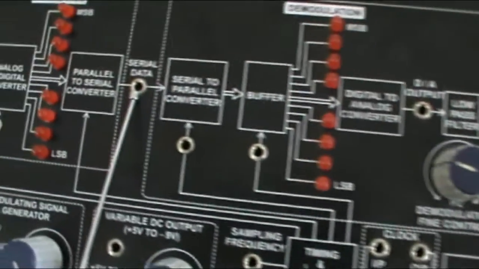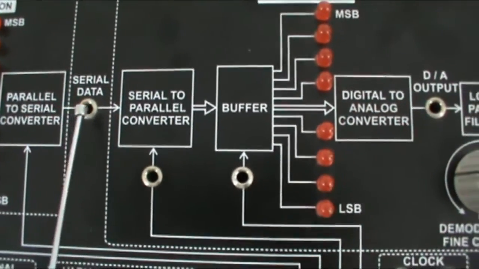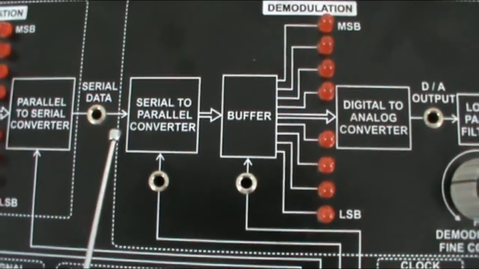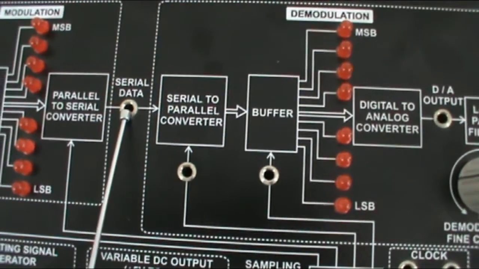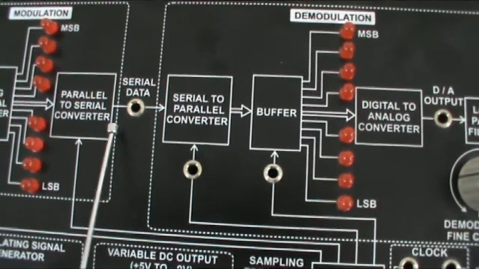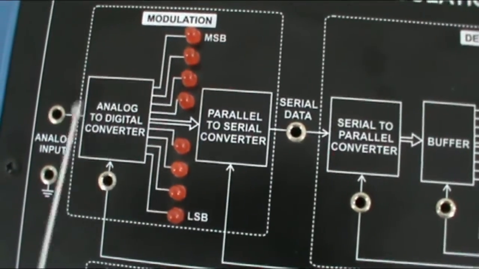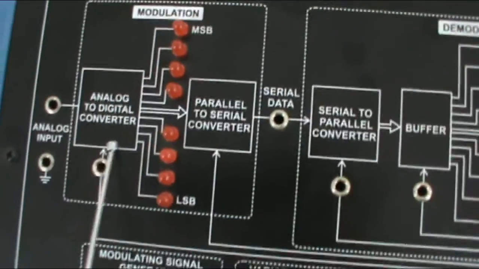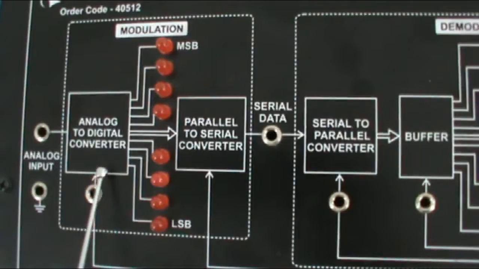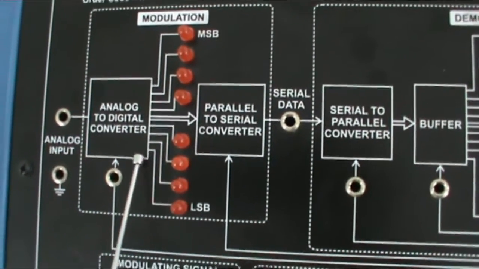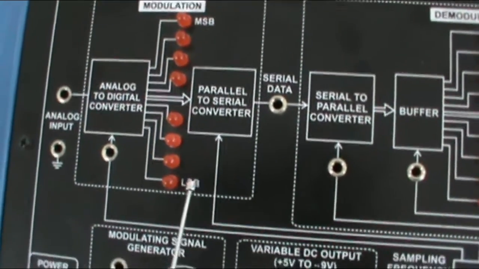This is the terminal for observation of serial data. You can connect the CRO at this terminal and observe the serial data, which is received from modulation section. This is the modulation section, and this is the analog to digital converter section. When signal is converted in digital form, a binary word is indicated by these LEDs.